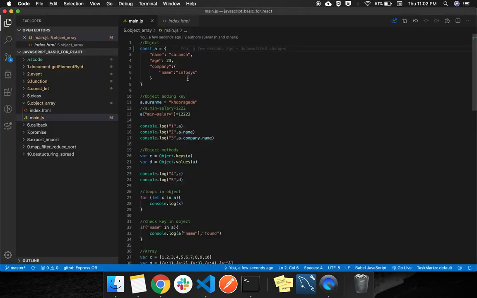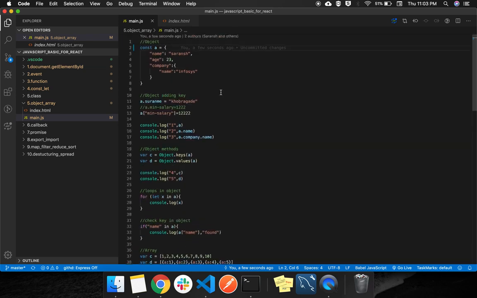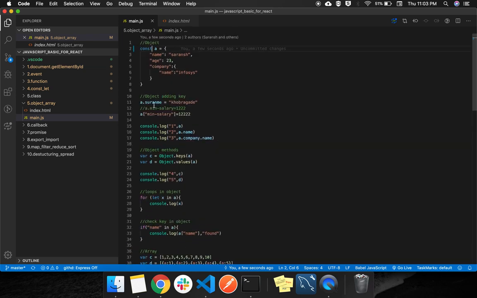Okay, so this is an object. Now you can access any key of that object using dot or using square brackets. If you have any key with a hyphen, it won't work with dot.